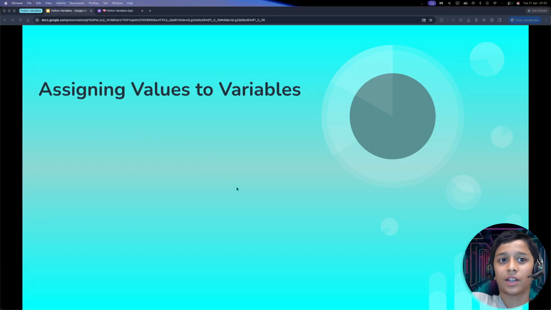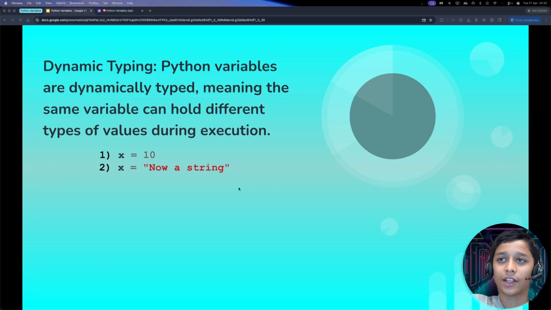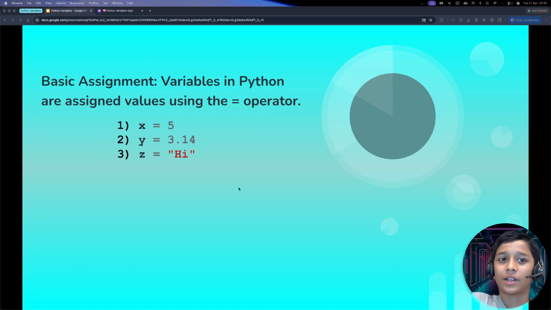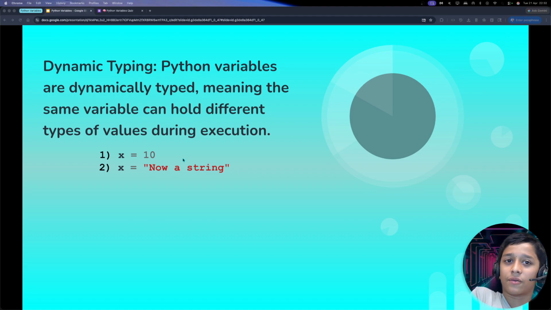Assigning values to variables. Now let's focus on the different ways we can put information into these variables. Basic assignment. Variables in Python are assigned values using the assignment operator. The most common way to assign a value is by using the equal sign. This works the same way whether you are storing a whole number, a decimal, or a piece of text. Dynamic typing. Python is very flexible because it uses dynamic typing. This means a single variable can start as a number and later be changed to hold a sentence